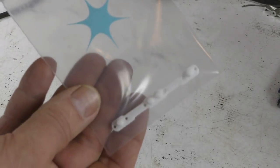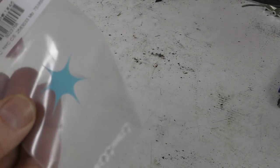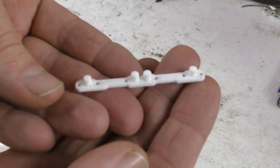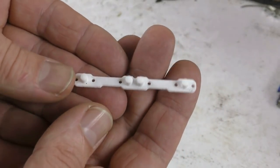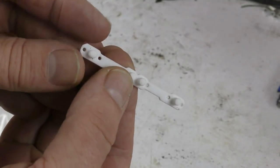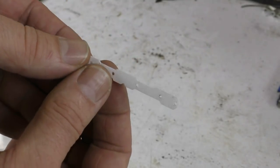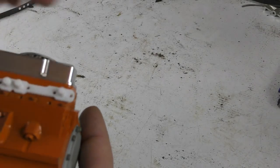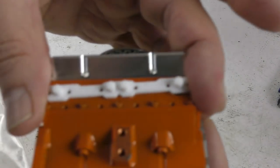Another thing I almost forgot to mention is these header plates, I guess you call them. These are based on ones I did in aluminium for the rat rod. This has got the bolt pattern for the RC4WD V8 heads with little upside down. They go this way. So set it on there like that,